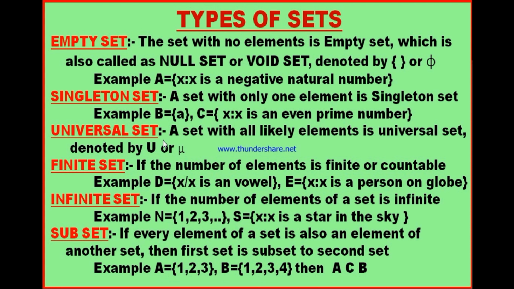Let us go to the universal set also. I previously gave an example of a universal set: we took the set of students of a school as the universal set. And for this universal set, there are subsets like the set of volleyball players, the set of cricket players, the set of kabaddi players, like this. The set of cricket players, the set of volleyball players and the set of kabaddi players are subsets of the universal set. Therefore, every set is a subset of the universal set, and phi is also a subset of every set.